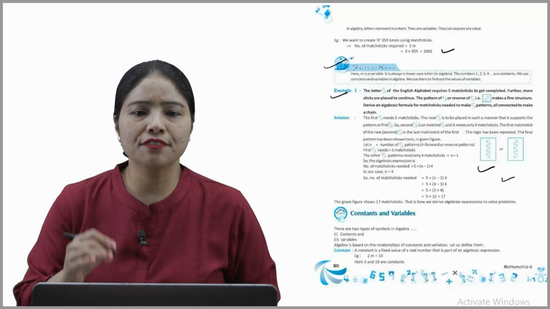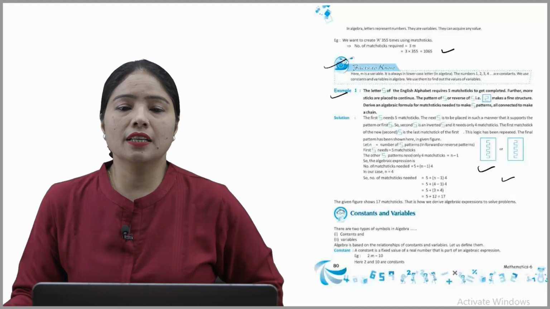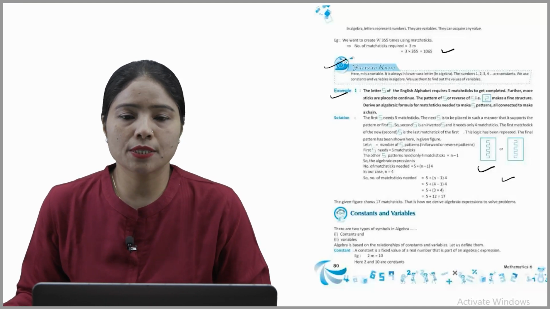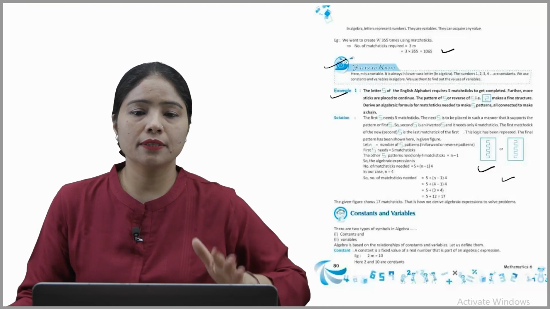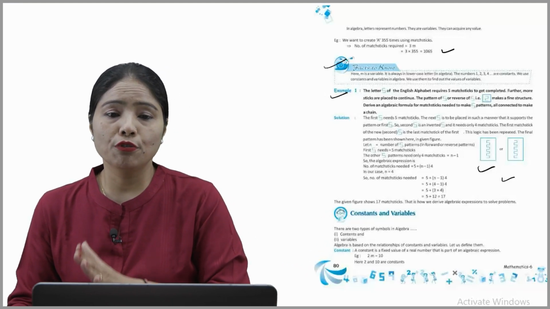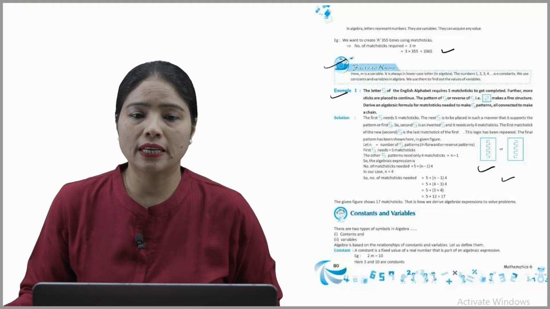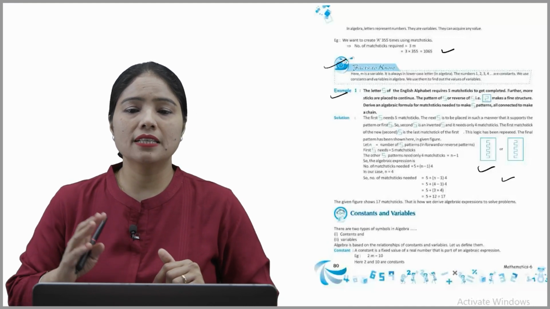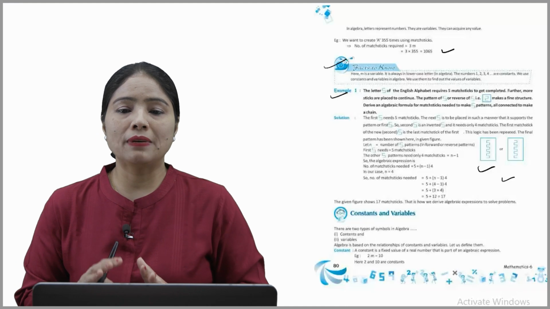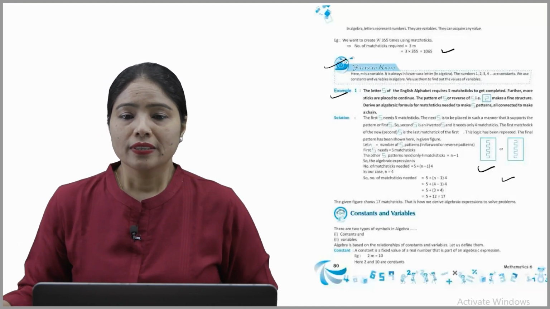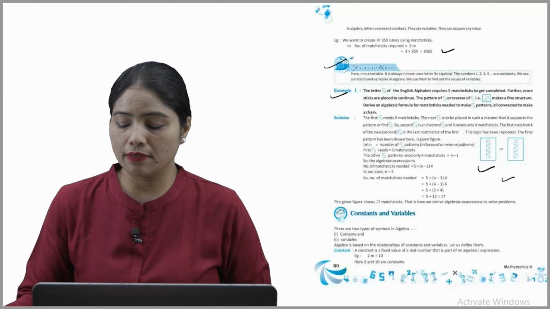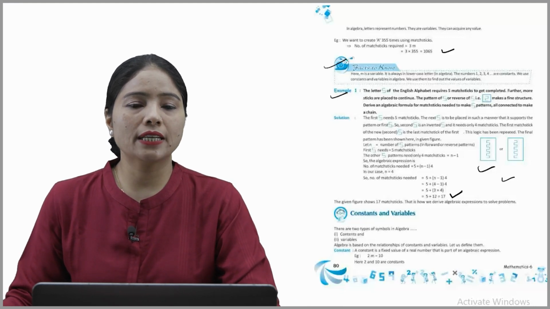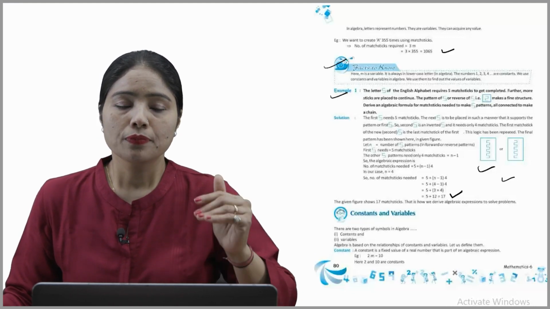So we can say that the first S needs 5 matchsticks, the other patterns need only 4 matchsticks, so n minus 1. So the algebraic expression is: number of matchsticks needed means 5 plus (n minus 1) times 4. In our case n मतलब 4. So number of matchsticks needed कितनी चाहिए होगी, हमारा क्या इक्वेशन बना, 5 plus (n minus 1) times 4. So 5 plus, n हमारा क्या है 4, 4 minus 1 is 3, that means 3 into 4, yes 12. So 12 में 5 added करेंगे, that means 17. Hope you understood. So that means the given figure shows 17 matchsticks.